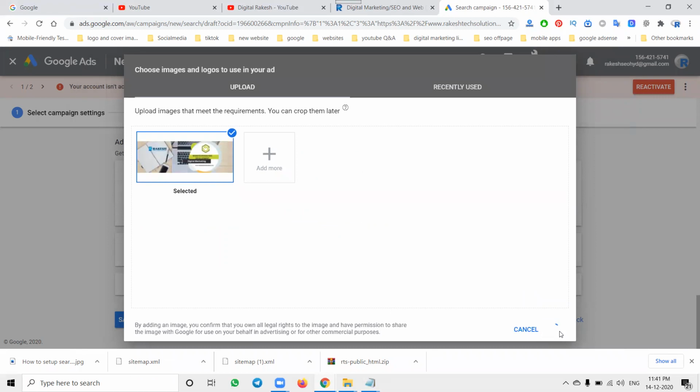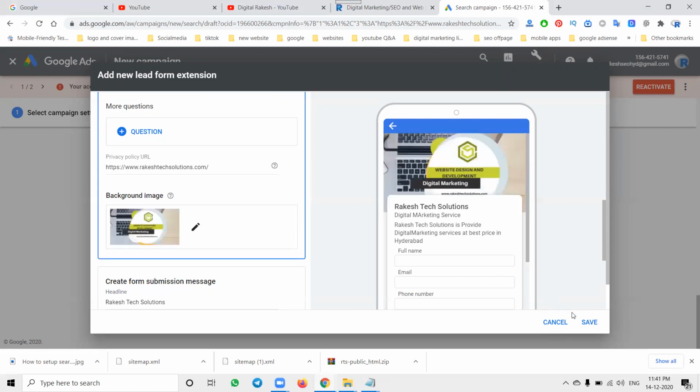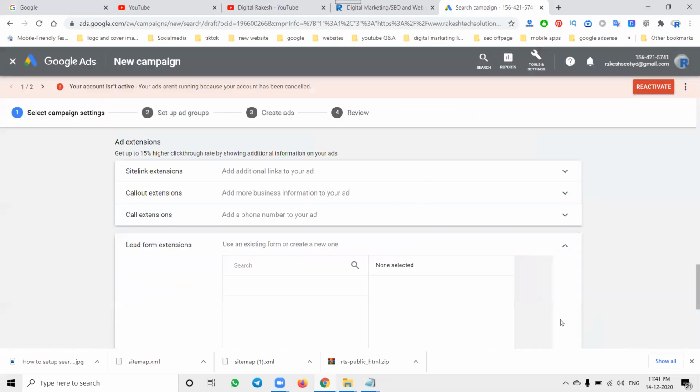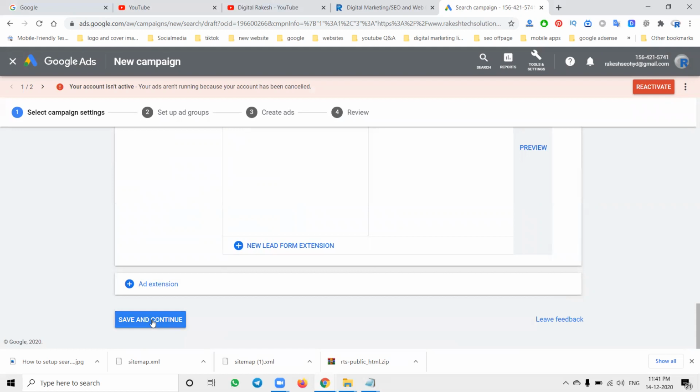Select image. Every piece of information is compulsory. Save. Is the form done? The form is required depending on your options. Save and continue.